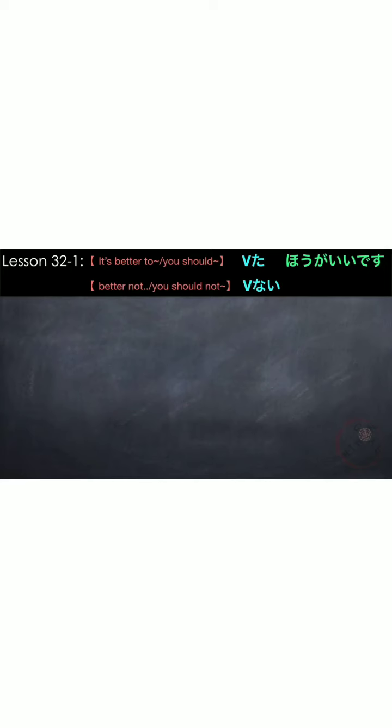Using the same pattern, we'll just change noun to a verb. The first one is using a positive sentence, which is a verb in ta form, followed by 方がいいです. So this means it's better to do the verb, or you should do the verb. You can also use the opposite or the negative sentence by using the verb in nai form. So this means better not, or you should not do something. Verb ない方がいいです。